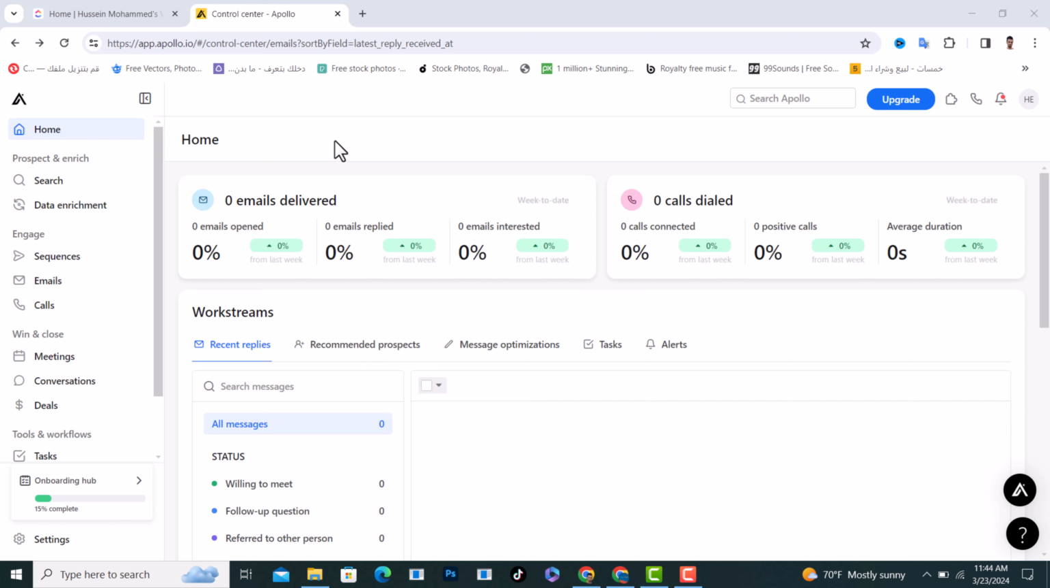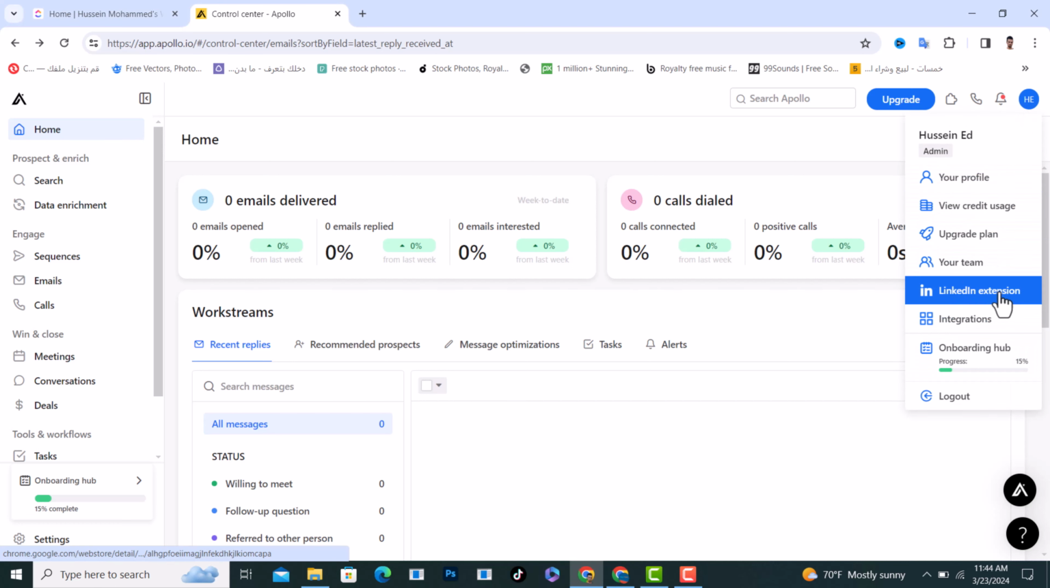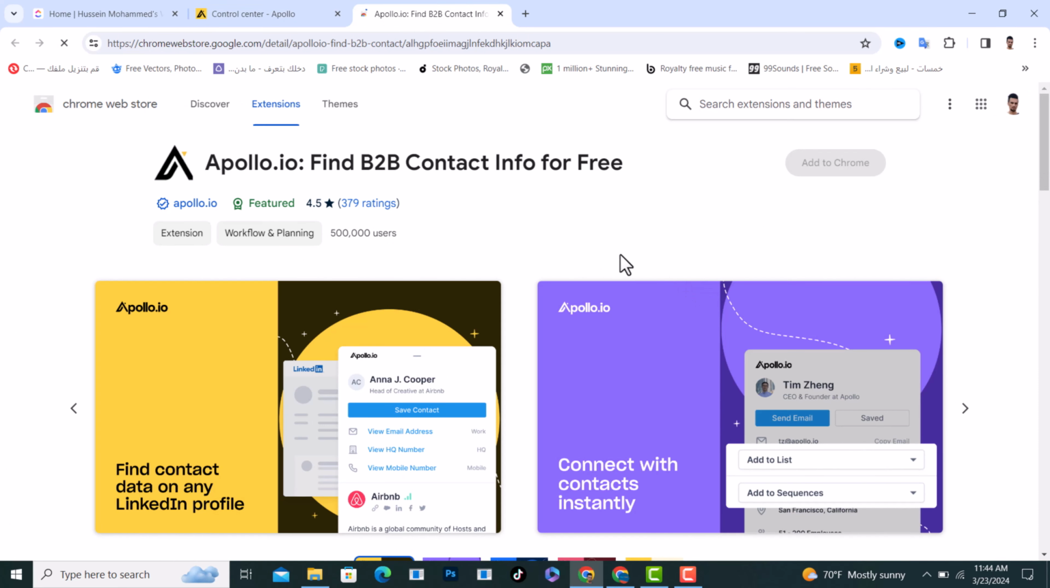First of all, open Apollo and log in. After you have logged in, tap on your profile from here, scroll down and tap on the LinkedIn extension option. After that, it will direct you to the Chrome Web Store, and from here you need to install Apollo.io. Tap on Add to Chrome,